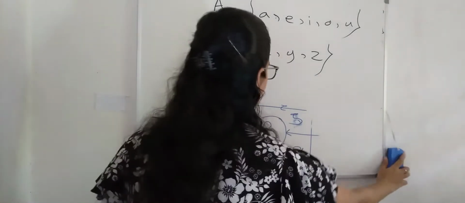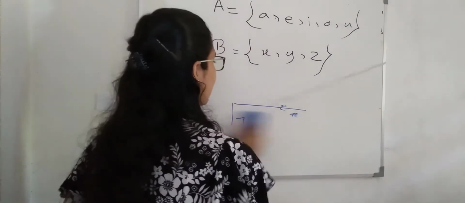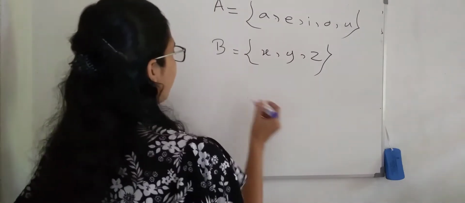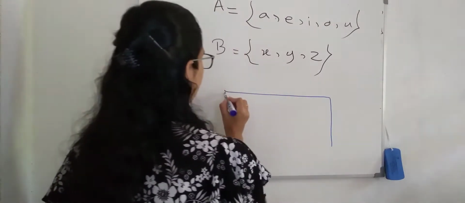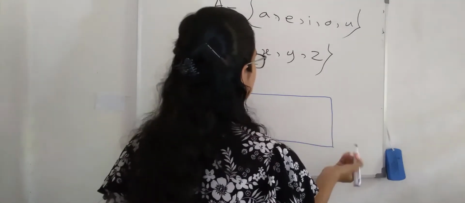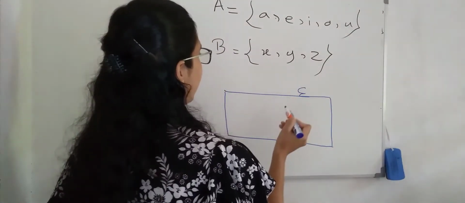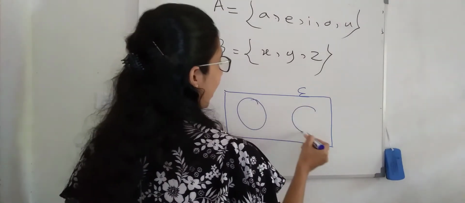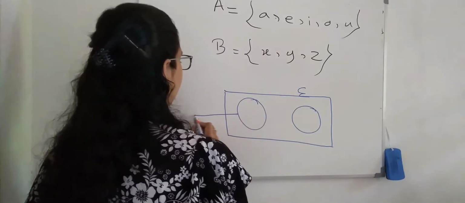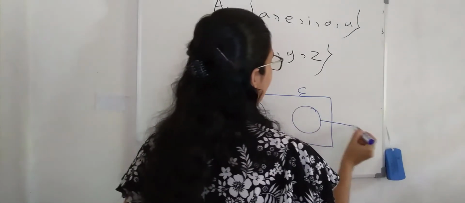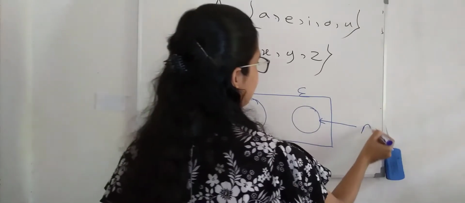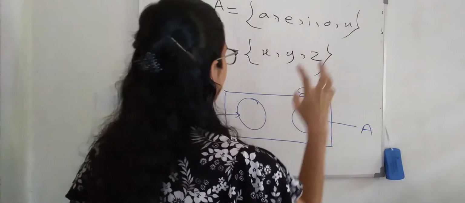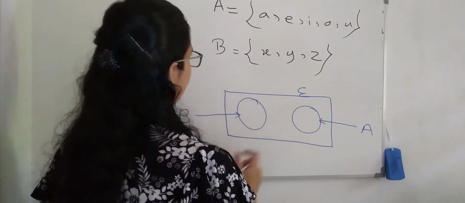There are no elements in common. So, this is the way of representing it. Okay? This is the way. So, we want to draw a rectangle to show the universal set, and let's name that by using the sign, and there are no common elements. Because of that, we have to draw two Venn diagrams separately, and let's name that this is A and this is B.